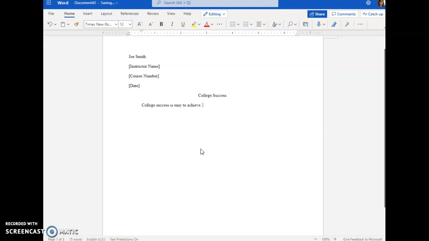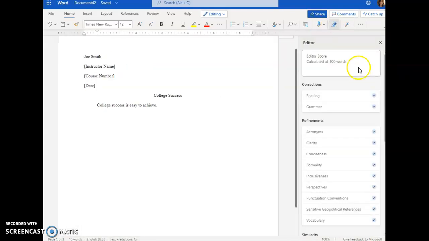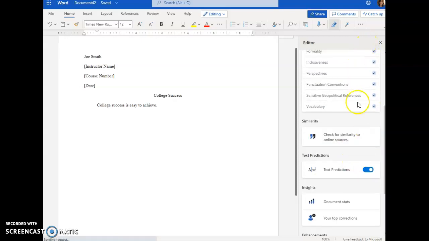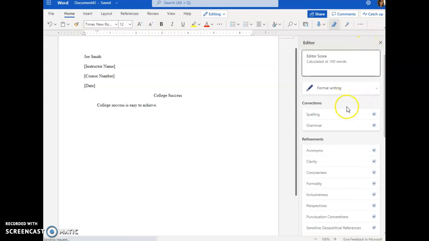And so on. So once your paper is finished, you can use the editor tool. The editor tool is great. You can choose, and for most students it defaults to the editor tool checking all of these things. You can even decide whether you're going to do formal, professional, or casual writing, and it will automatically fix things,